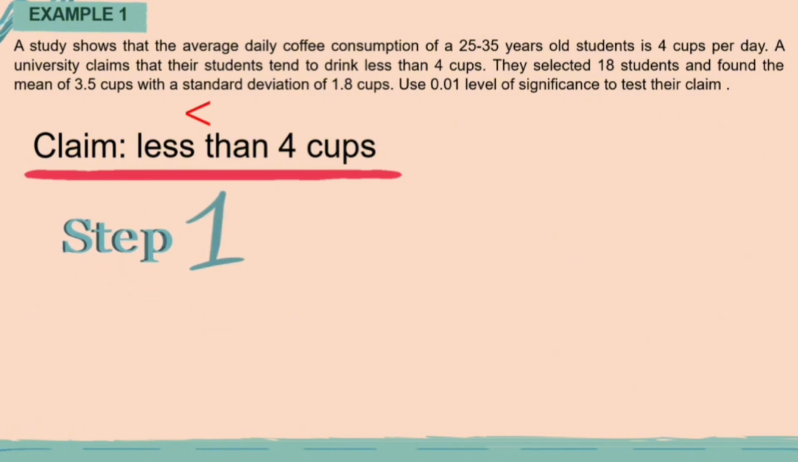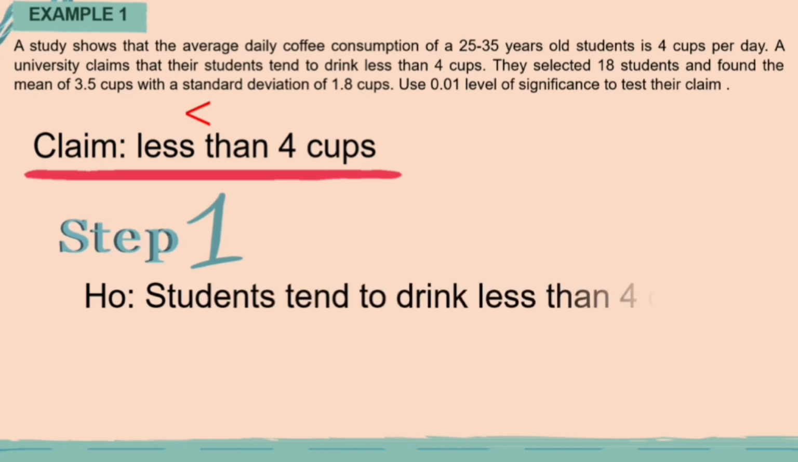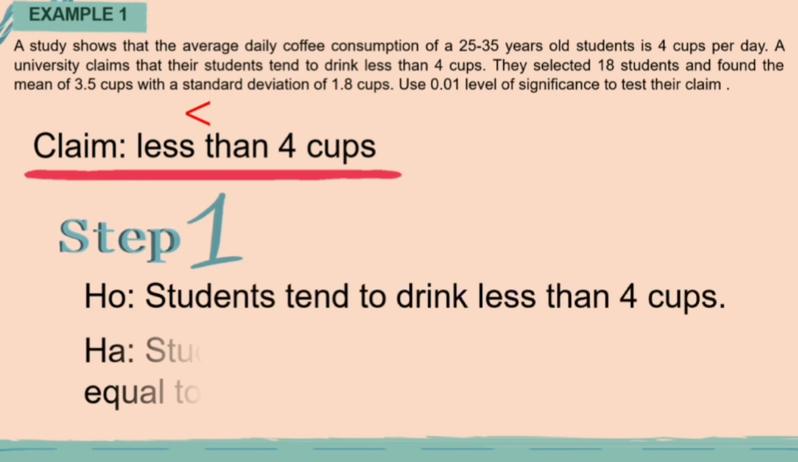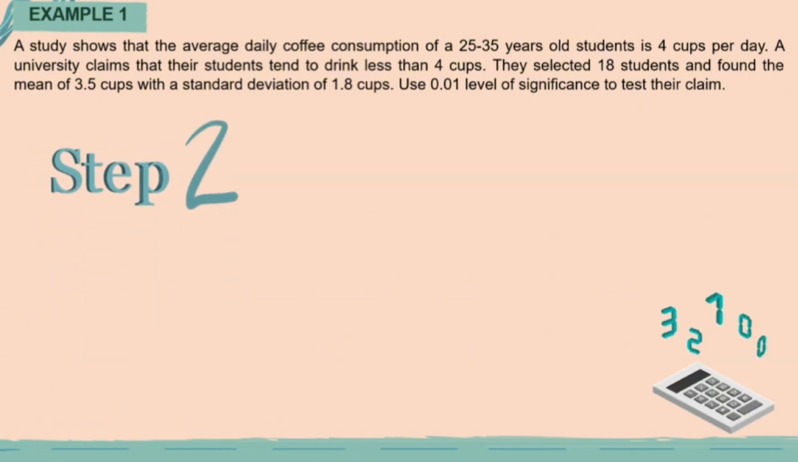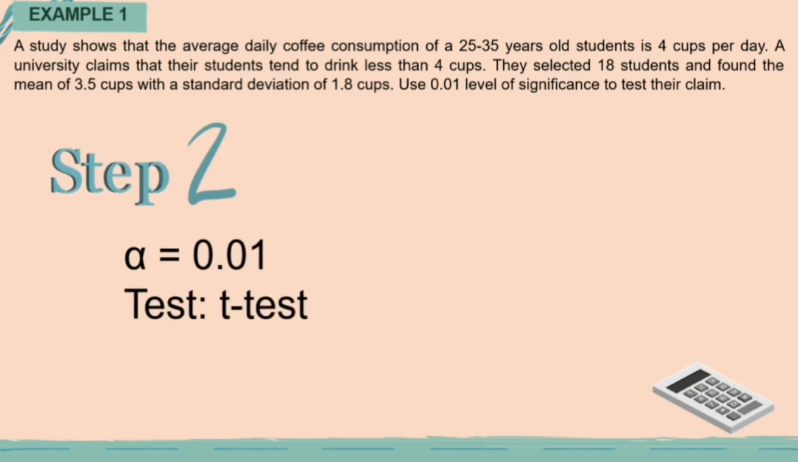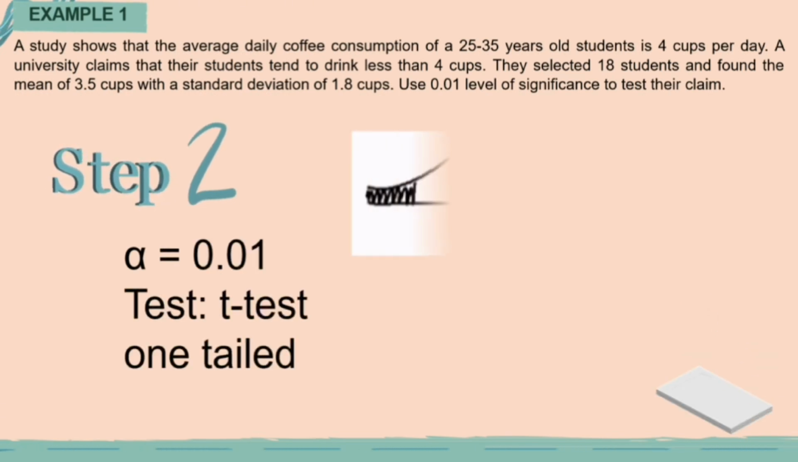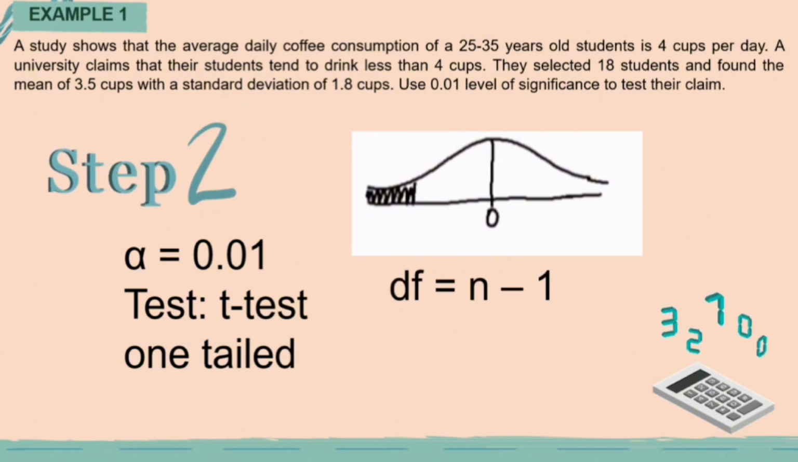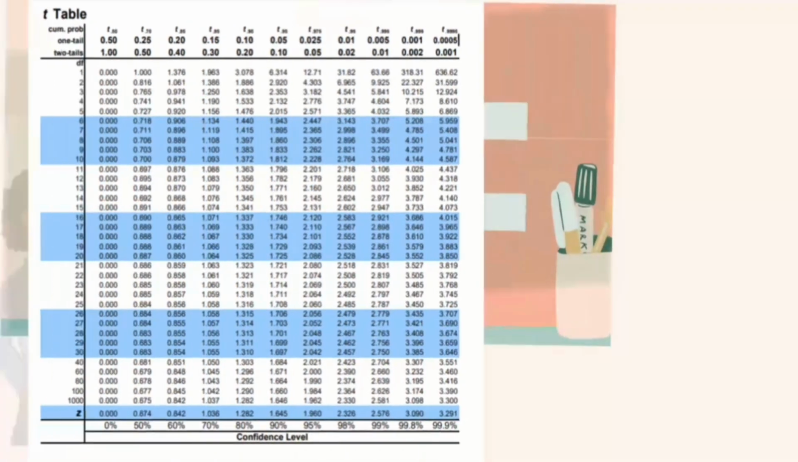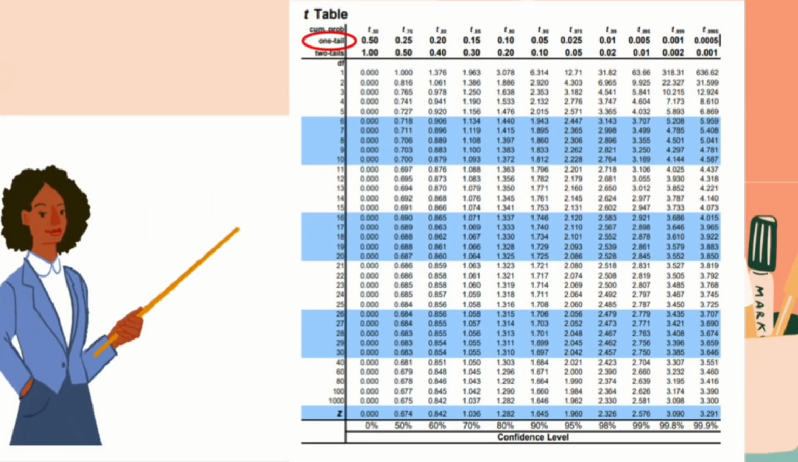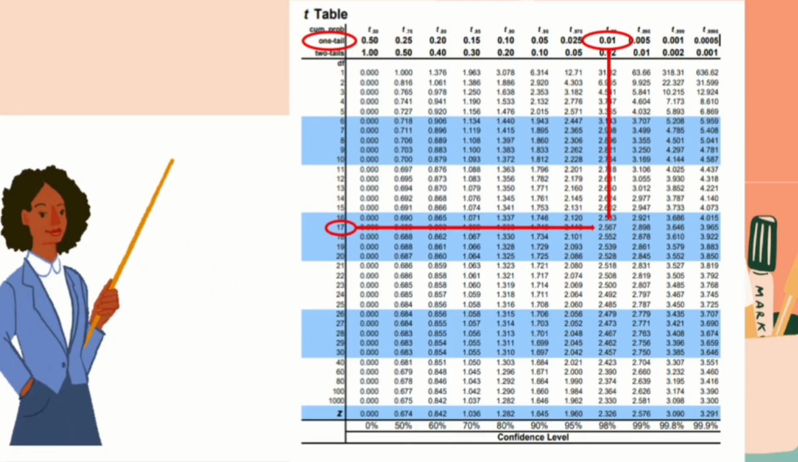Step 1. Our null hypothesis is the students tend to drink less than 4 cups, while the alternative hypothesis is the students tend to drink greater than or equal to 4 cups. Step 2. The level of significance is 0.01. Test is t-test one-tailed. Here is the graph. df is equal to 18 minus 1 equals 17. So we use the table in getting the tabular value. So one-tailed, the level of significance is 0.01 and 17. So the tabular value is negative